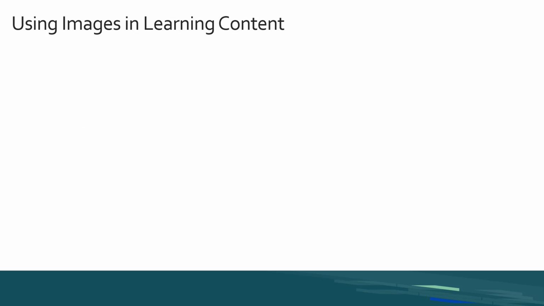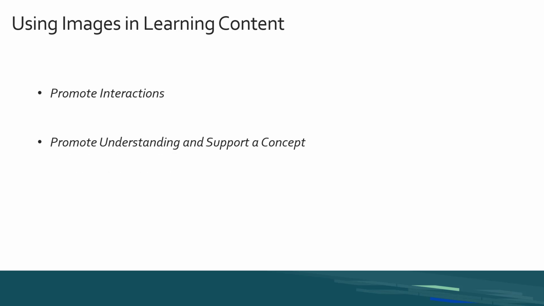You can also use images to promote interaction and collaboration skills. Students can use images to support their point in a discussion, use visuals to share a learning experience, or develop collaboration skills by debating about an image and its meaning. Or you can use an image to provide visual context for a topic, such as a diagram labeling parts, enhancing students' understanding of an abstract concept, demonstrate a process using visuals, or even a map to show the relationship of one area to another.